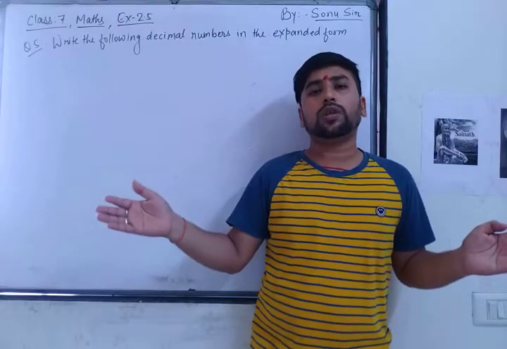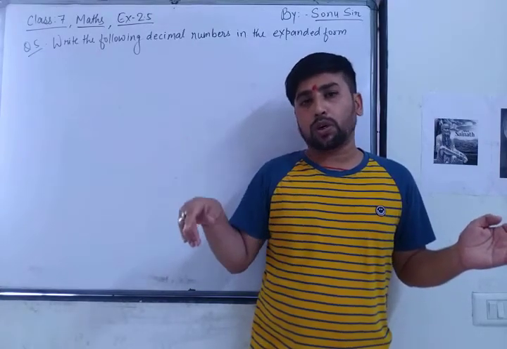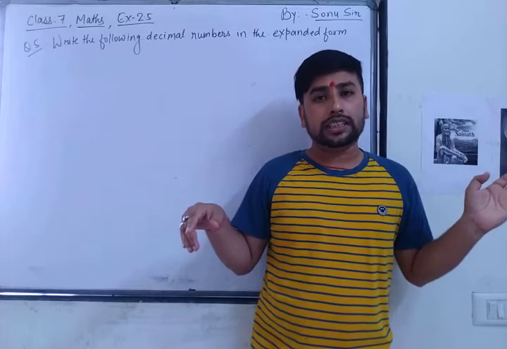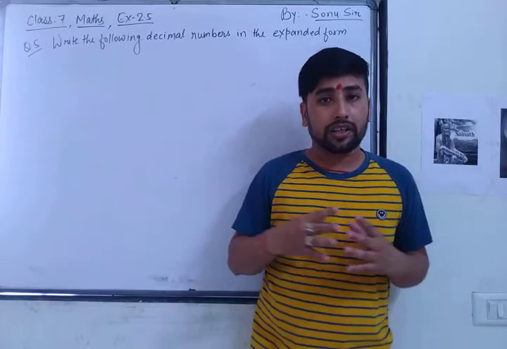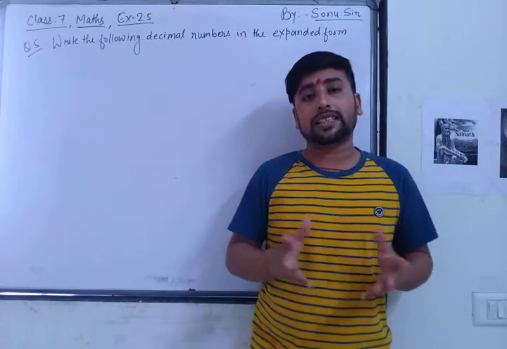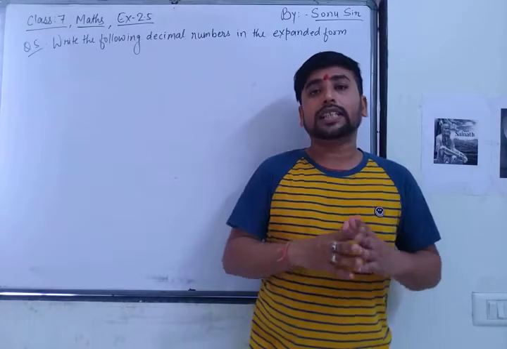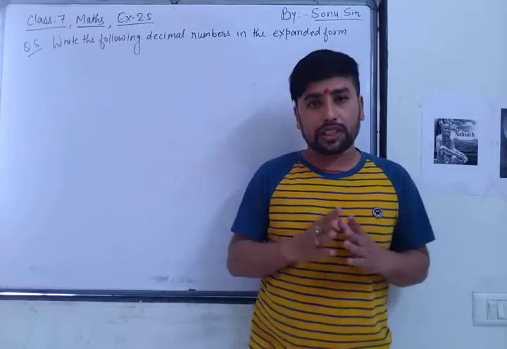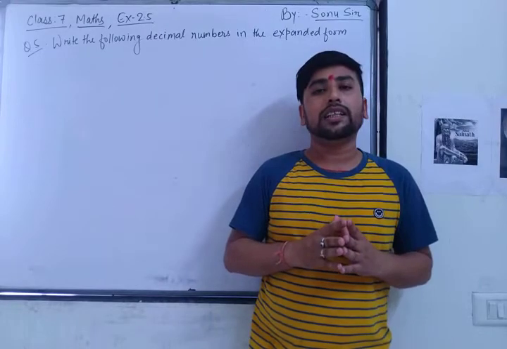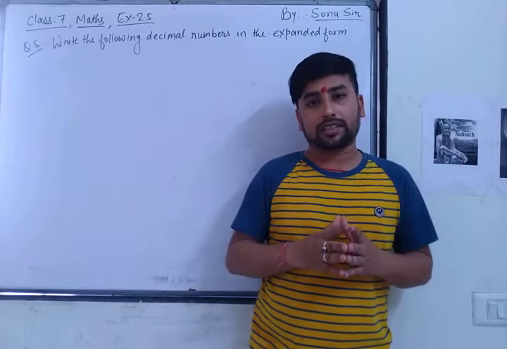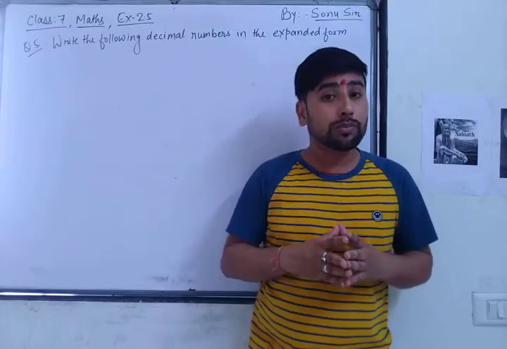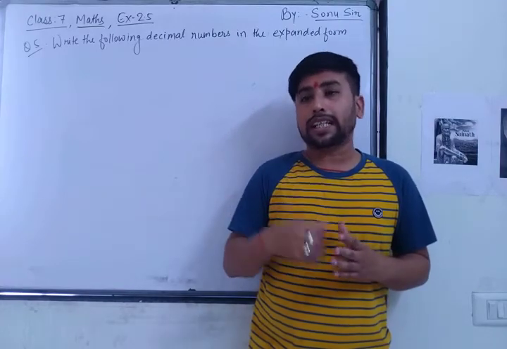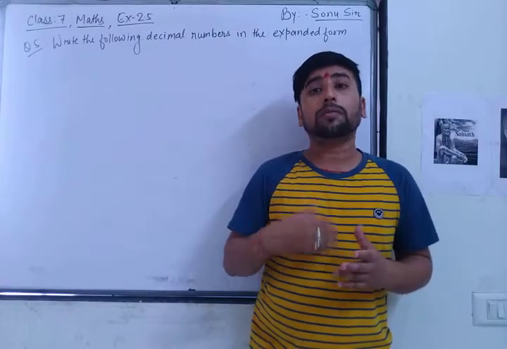I start with ones and go on with whatever digits there are: ones, tens, 100, 1,000, 10,000, lakh, 10 lakh, crore, wherever it goes. I expand the number digit by digit and write it using the addition method. Here the numbers will be in fractions, like 1 by 10, 1 by 100, 1 by 1000.